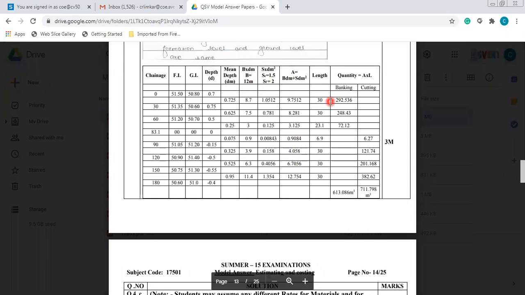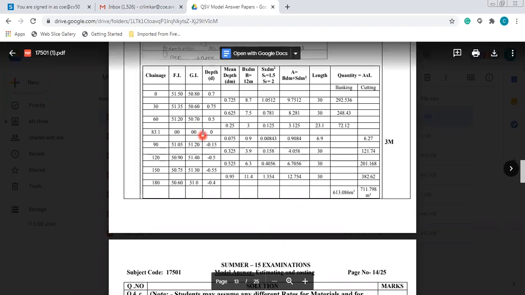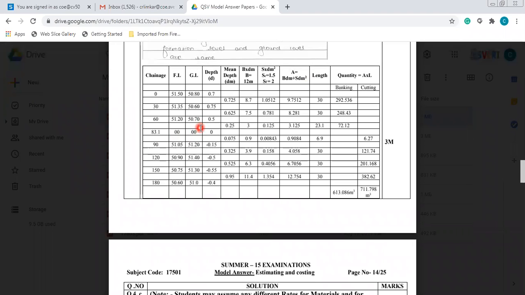Now how are we going to determine this particular length? The length is basically the difference of the chainage that you put. At first, in the initial stage, you can put the difference of the chainage as 30, 30, 30, 30 everywhere, except where D is going to become 0. Except that point you can put the values. But if you observe, the length is 60 meter. The difference of chainage between 0 to 30 is 30.